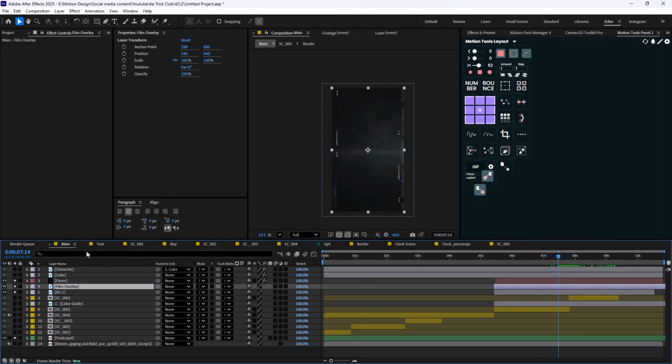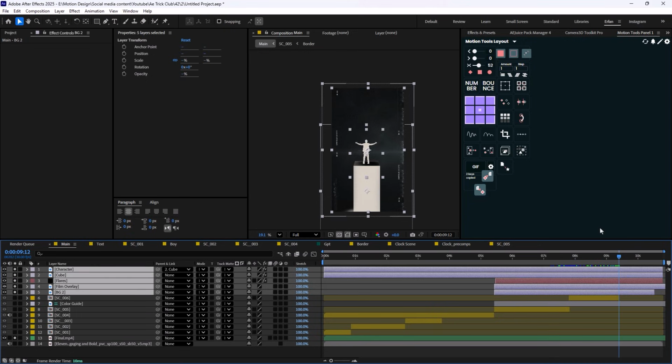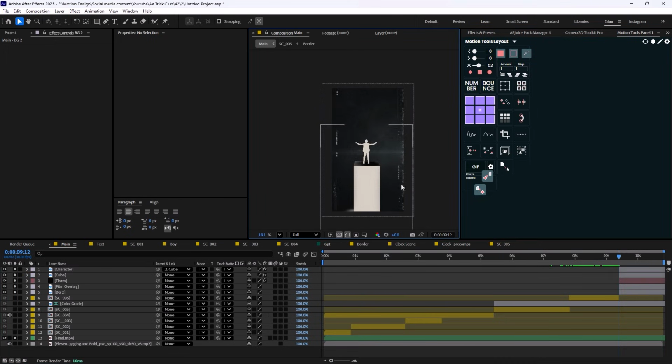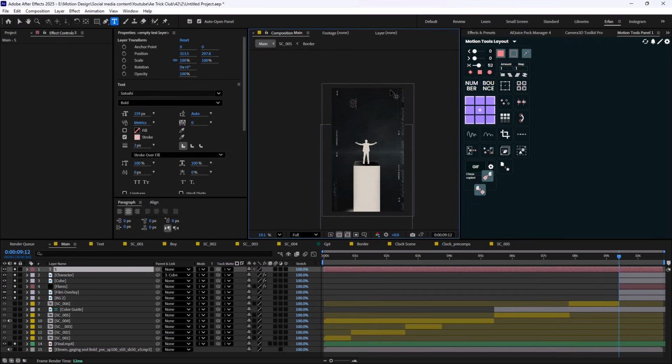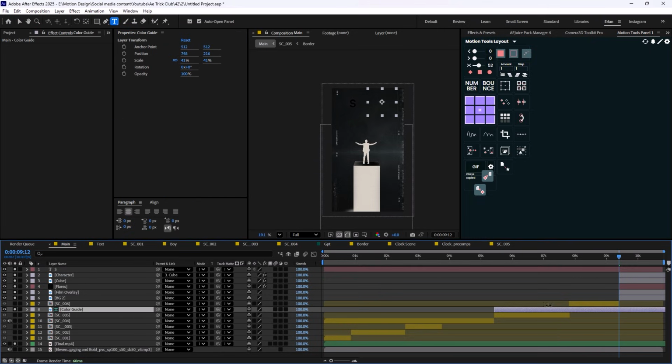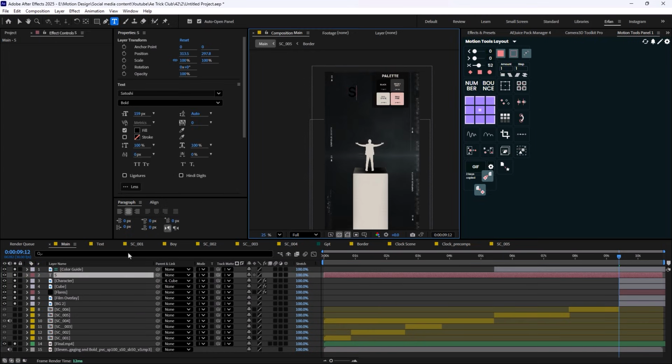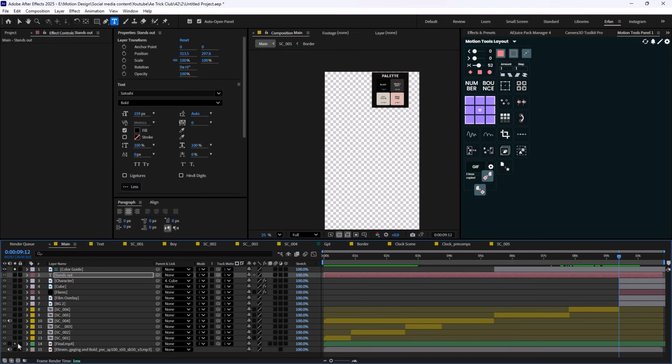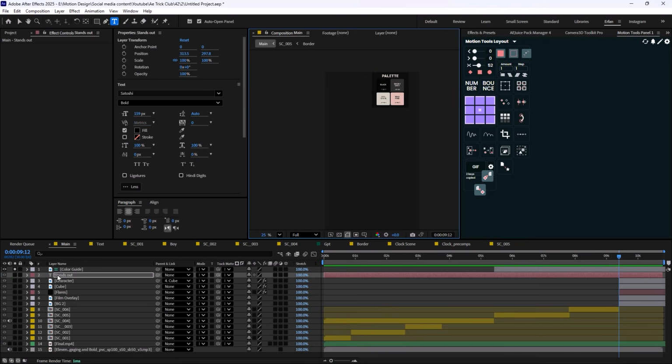Where is the characters and cubes? So they should start in here. So we're gonna just trim everything to here, and okay, let's just quickly make it stand out. So we're gonna add the text. Let's just set it on fill, and we're gonna find the color guide one more time. Okay, stand out. I think we can just press enter. Let me just solo it so you guys can see better. And let's just reveal the background.